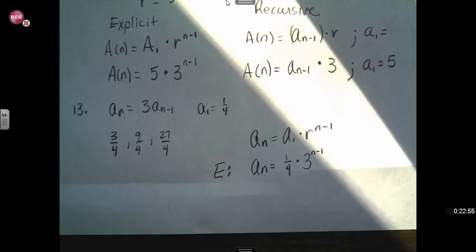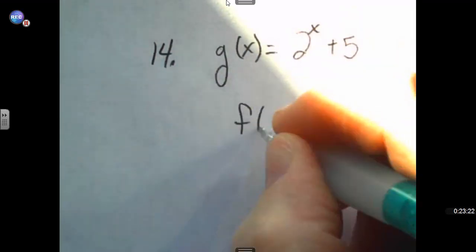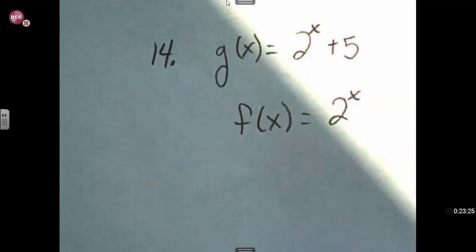And number 14. Let's see, number 14 up here. I believe it's our last question. Yep, it is. We have the equation f of x, or I'm sorry, g of x equals 2 to the x plus 5. And how does that differ from f of x, the parent function, 2 to the x? When it's plus 5 down here, it's moving up or down. Okay, and so because that's plus 5, it's going to be the